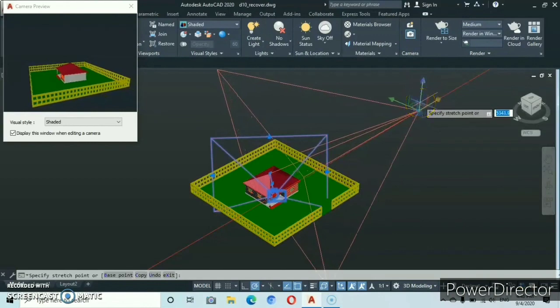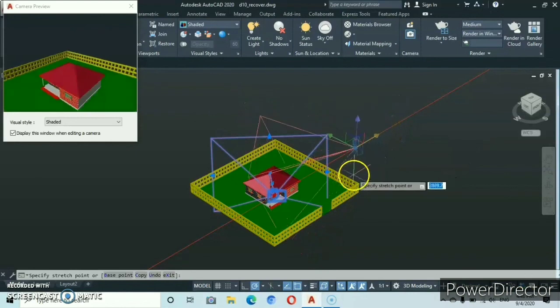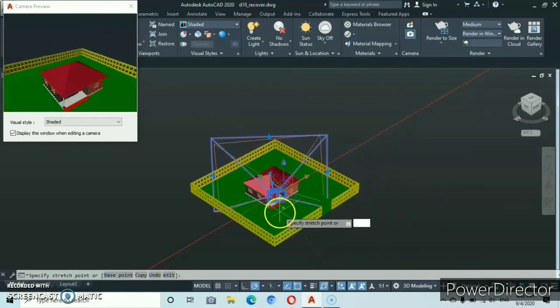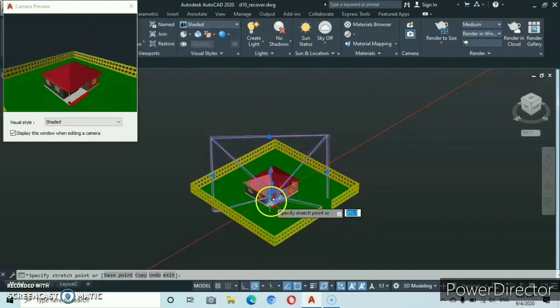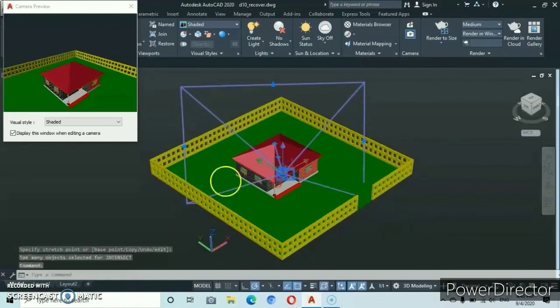Okay, so we can have something like that. Then now let's bring it back this way, until we finally come back here to our position. So I'm just trying to show you how you can play with the camera, how you can zoom, how you can relax, as well as you can also go to the